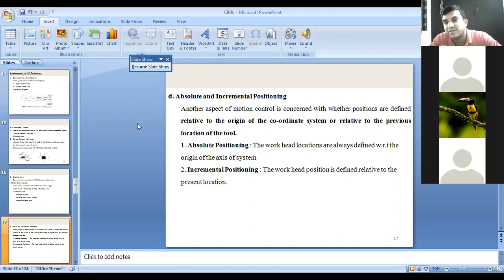Suppose you are traveling from Bangalore to Chikballapur, or Bangalore to college. Chikballapur is around 60 kilometers away. When you travel by bike or car towards Chikballapur, the distance reduces. Chikballapur is taken as the fixed absolute point. Each time you refer to how many kilometers remain, you refer to the position of the vehicle with respect to a fixed point. That is called absolute.